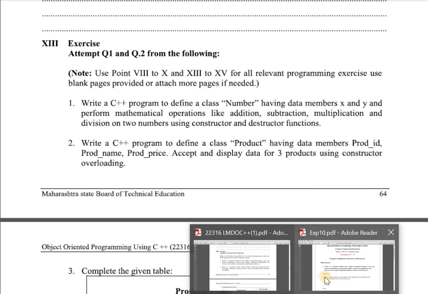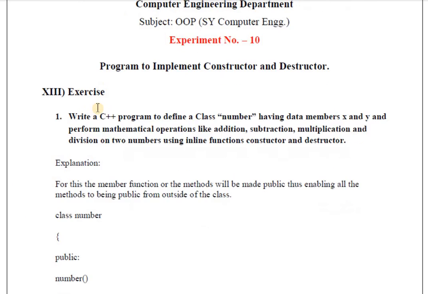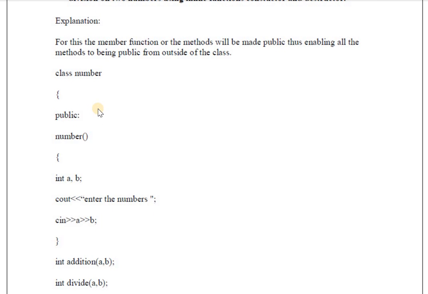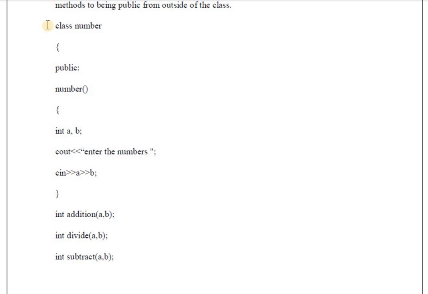See the program. Here a class number is defined. In that number class, here the constructor is called. We know that the constructor is a special function which has the same name as the class name. So the number constructor is created.